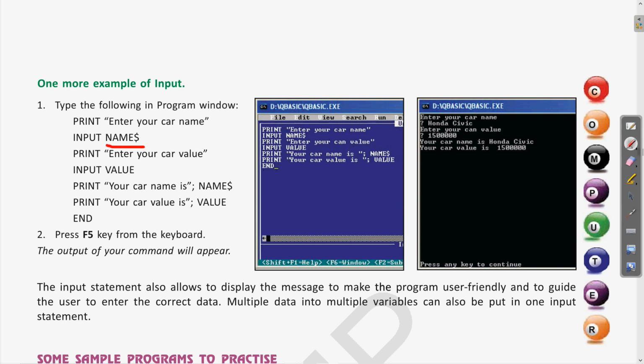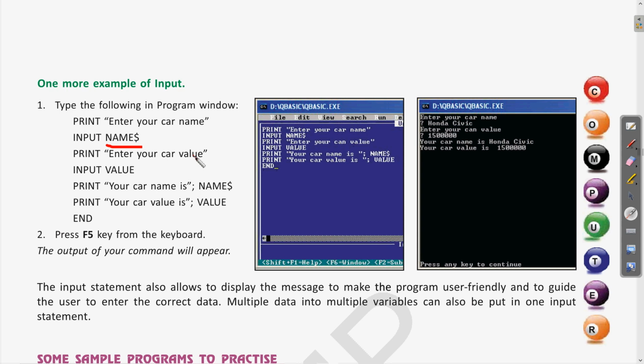It means whatever you are going to enter will be a string. That is why it uses the dollar symbol with the variable, meaning it will accept only a string. Then print enter your car value. Clear? Whatever the car model or the name of the vehicle you want can be written.